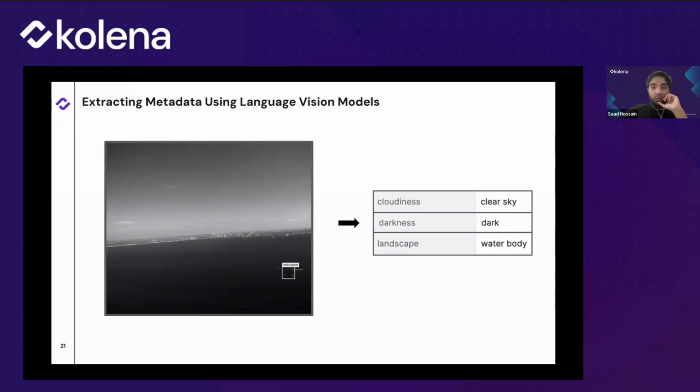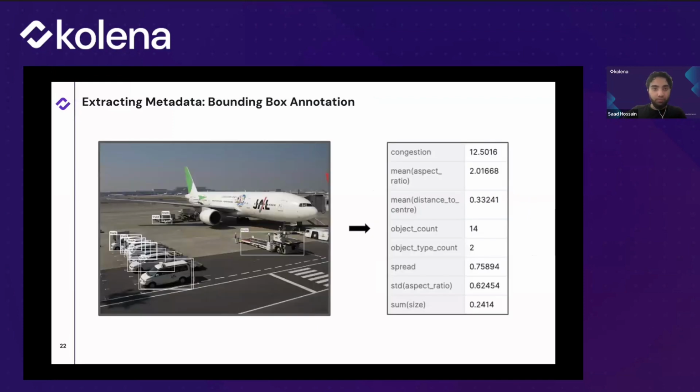We might also want to know how cloudy the sky is to understand how our machine learning model performs in different weather conditions. And the developments in language vision models, in open vocabulary classification systems, in zero-shot object detection, zero-shot classification systems, the research that's currently been poured into that and the advancements in that really enable this, appreciating that there is a degree of uncertainty that follows the extraction of these features.